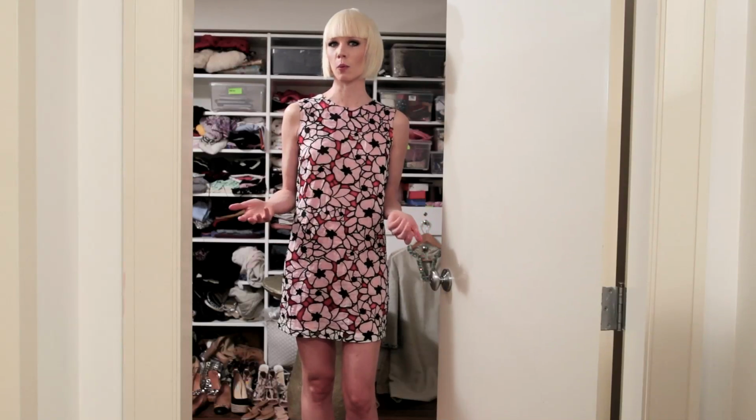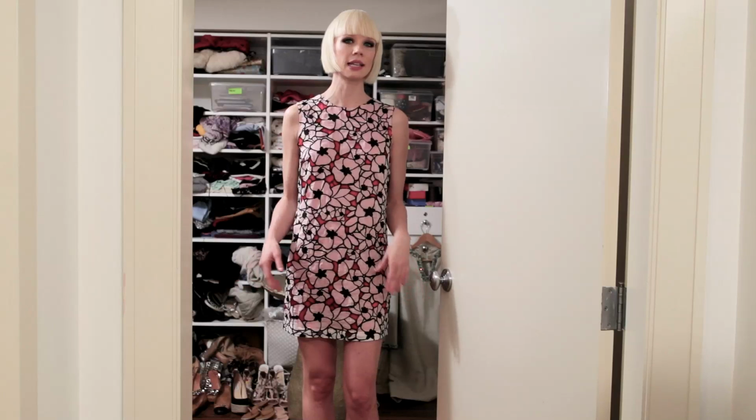I think because it has high contrast, it's a piece that you can wear in fall, winter. I'll probably pair this with black tights and do a black patent heel with it to go out to parties, and in the summer I love it even with a bare leg, just going to a sandal. It's one of my